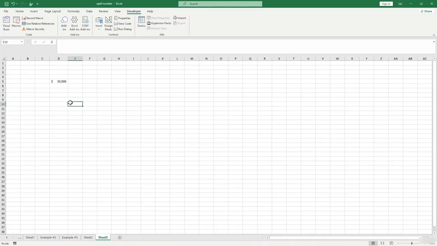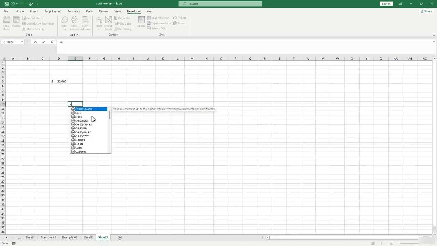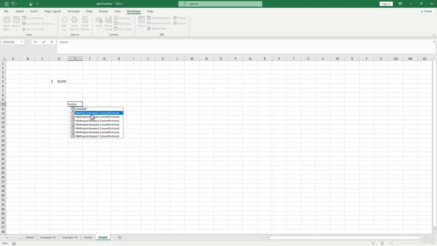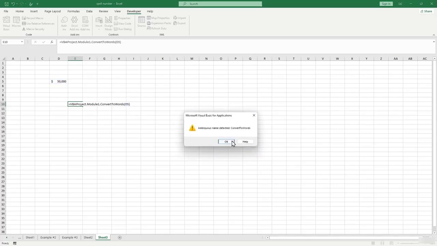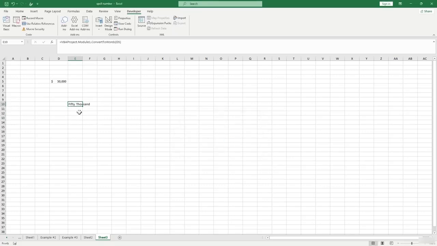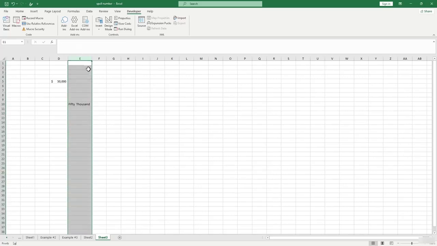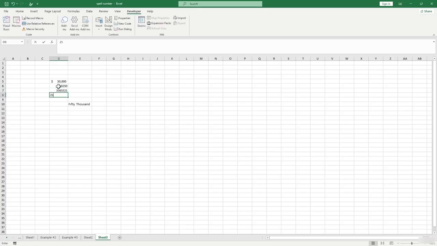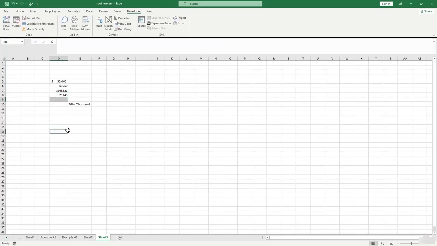Go back again, close it, then use the function here. If I say convert, or I can say convert with this one, tap it, then select the number you want to convert. Let me select a parenthesis, close it, then hit Enter. It's now done. You can see it is 50,000. You can easily do it. If I use a different number, a random number here, and zoom in a little bit, then drag it down, now you can see it gives